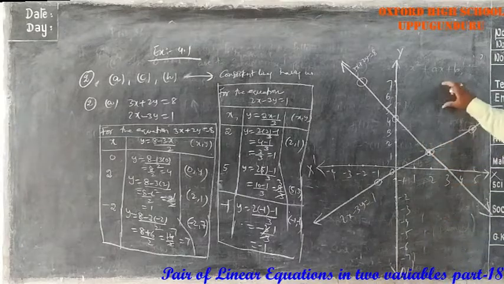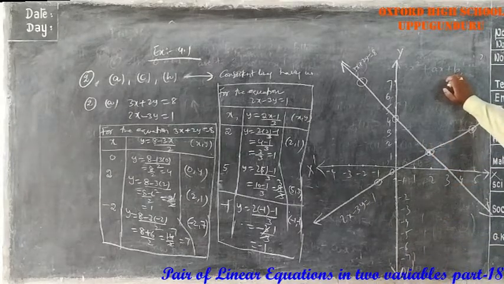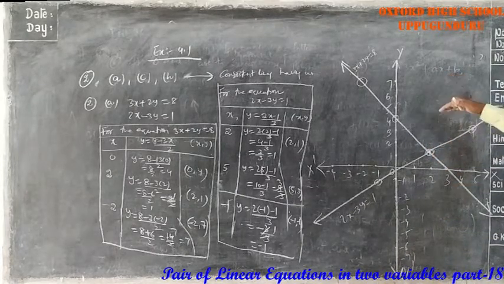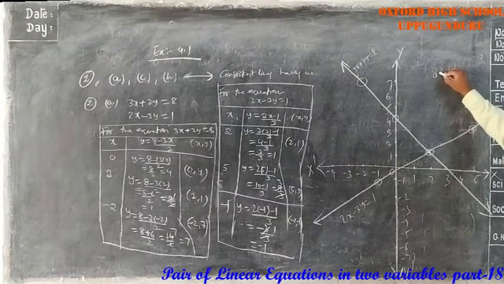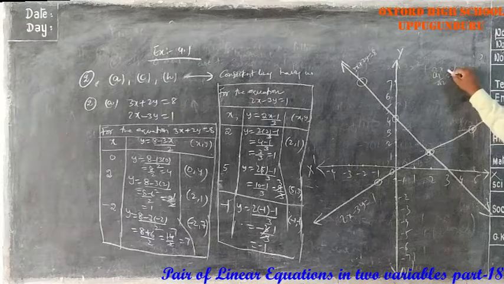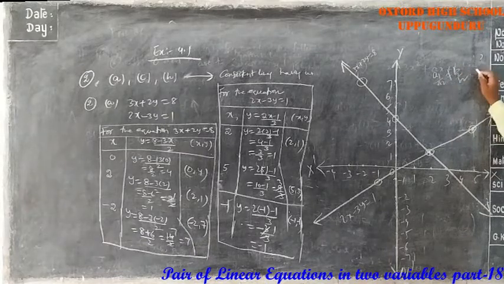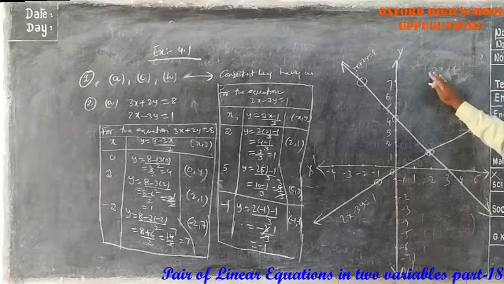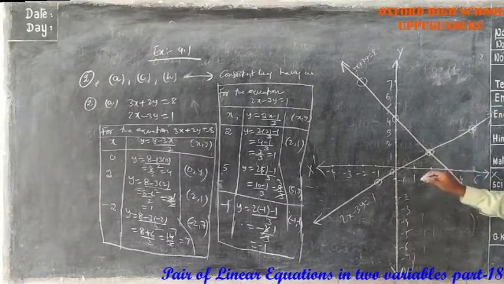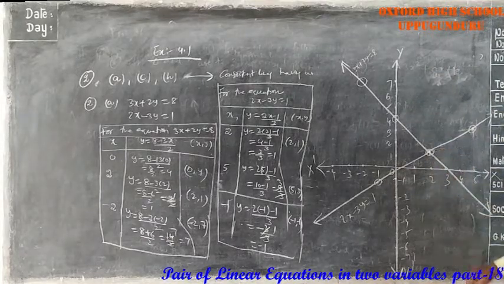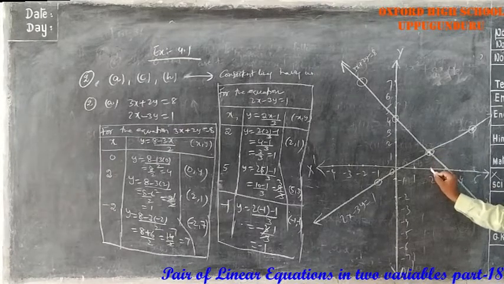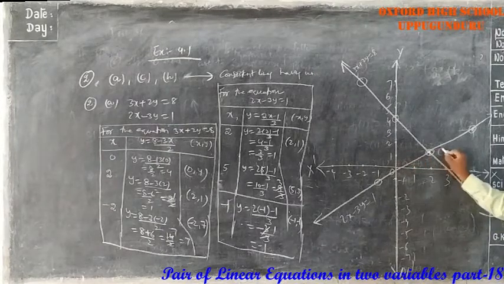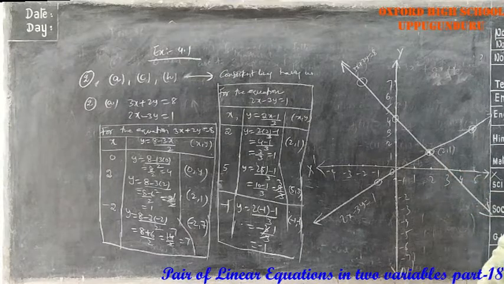So from the graph, what you observed here, when we are representing those two equations, is that we are getting intersecting lines. Why? Because when you are checking whether the given equations are consistent or not, we are getting a1 by a2 not equal to b1 by b2. That means you will get intersecting lines and have a unique solution. Where do these two intersect? Here these two are intersecting. So this is the solution you have. What is the solution? x value 2, y value 1. So 2 comma 1 is the solution.